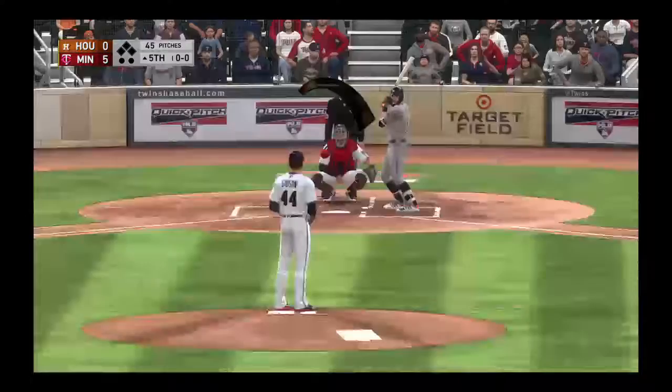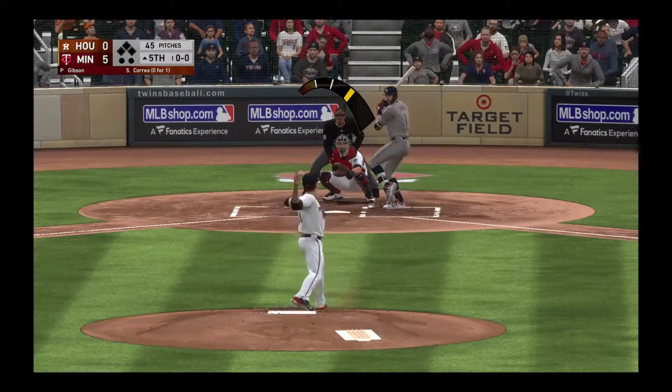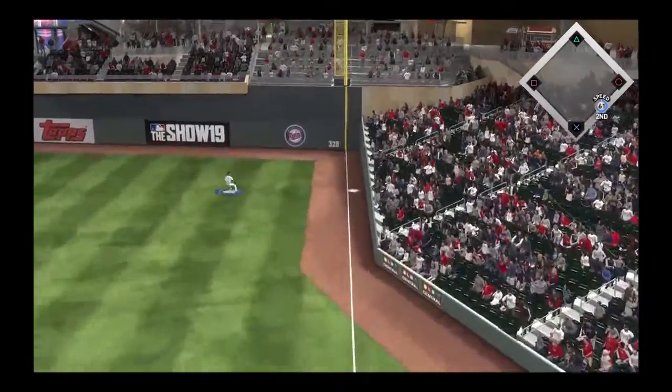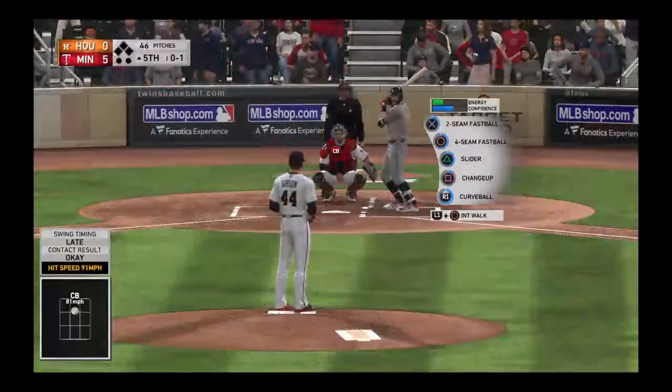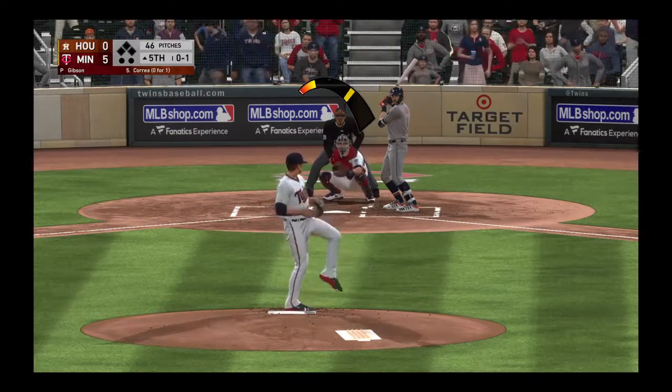Leading off the inning, Carlos Correa. And they'll need him to get something going here. This one doesn't look good so far. Down by a boatload as we enter the middle innings. It's about time they get something going. And the last thing you want to do is fall behind where you have to score a bunch in the